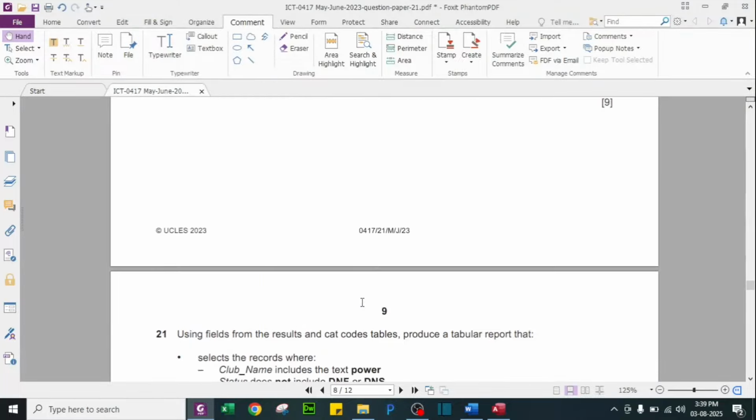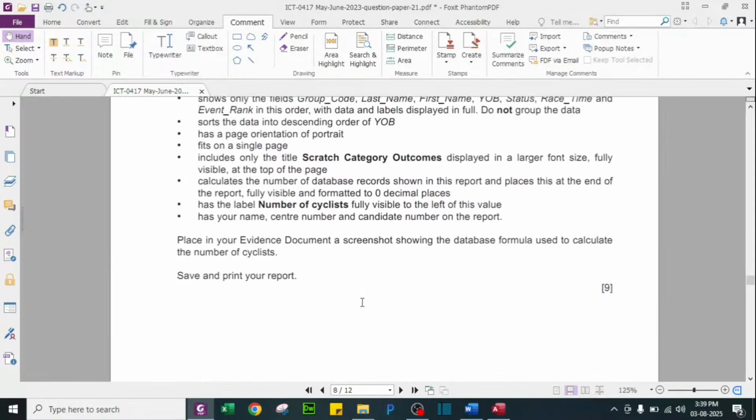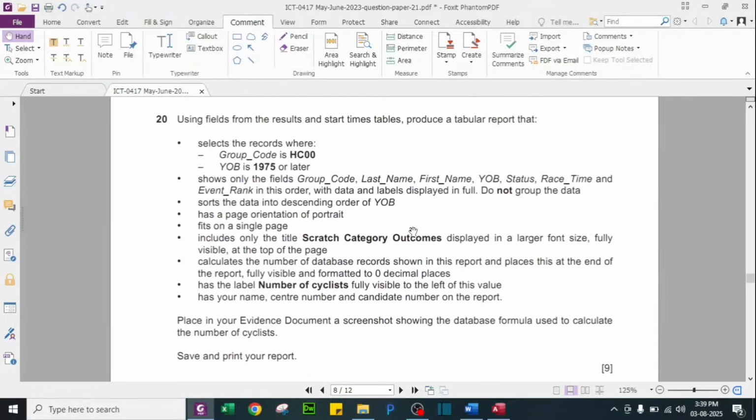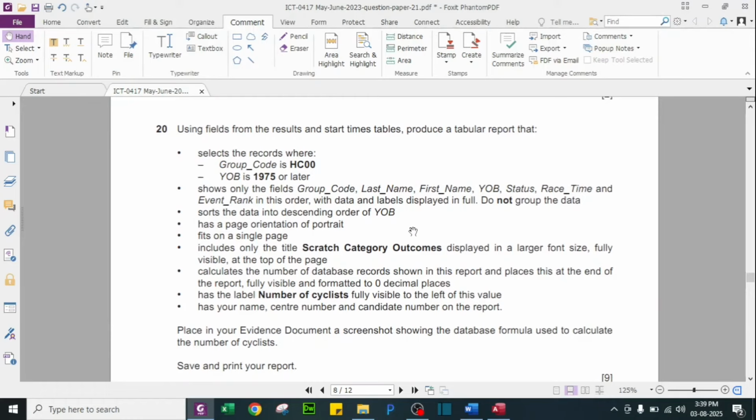Save and then check it for errors. There are two reports. One is a simple report, one is having a calculation at runtime. So I will explain this type of report later. So before that, let me start